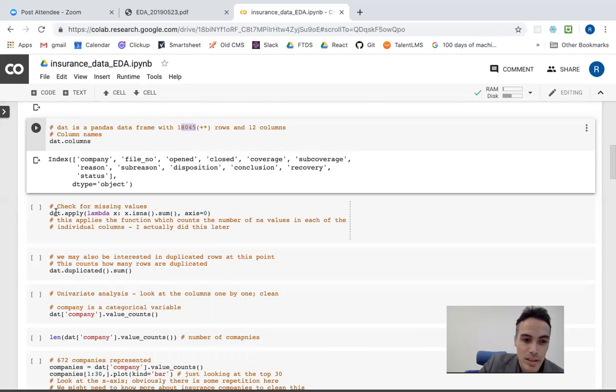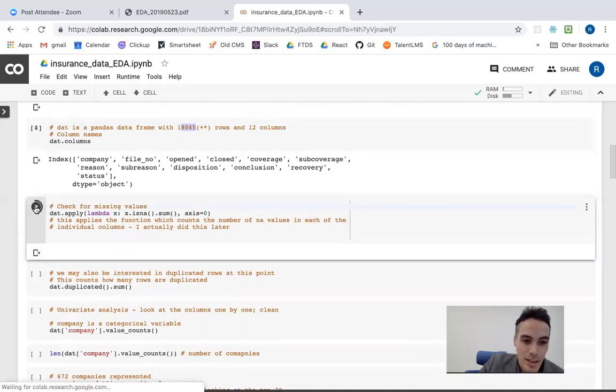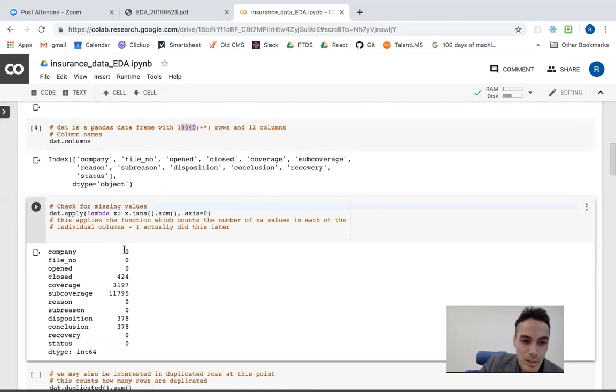So this line here is just counting the number of NA values in each of the variables in the data frame. So we can run that, and we see that for some variables like the name of the company or the file number, there are no missing values, and then for some of them there are quite a lot,